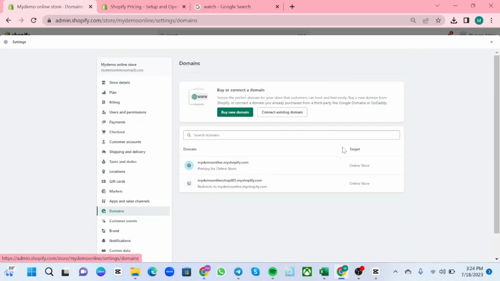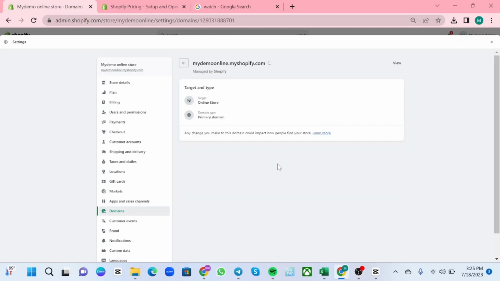Here in the domain, you can basically change your domain name only once. In my case, I already changed mine. If you want to change your domain name or your URL, you will see a blue link right down here saying to get your domain name changed. You just click it, then you will be directed to change the domain name. And basically, you just need to type whatever domain name or URL you want.